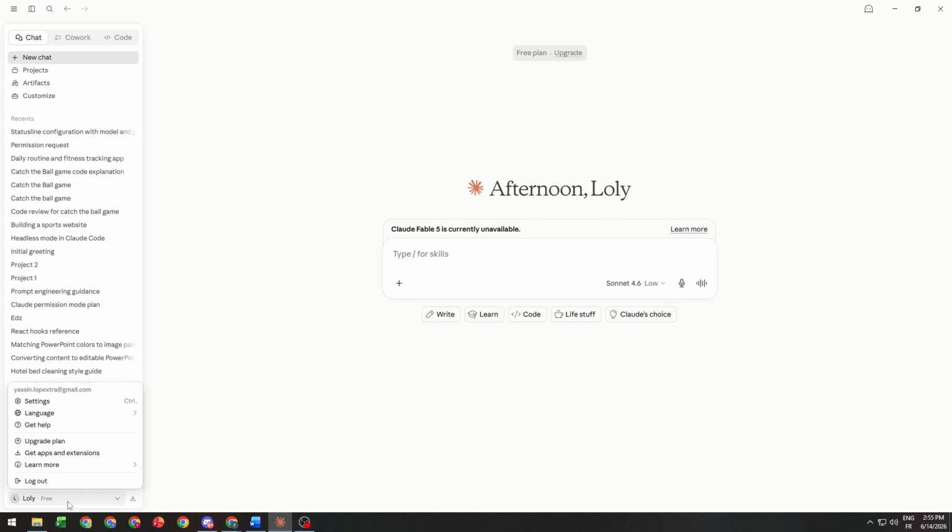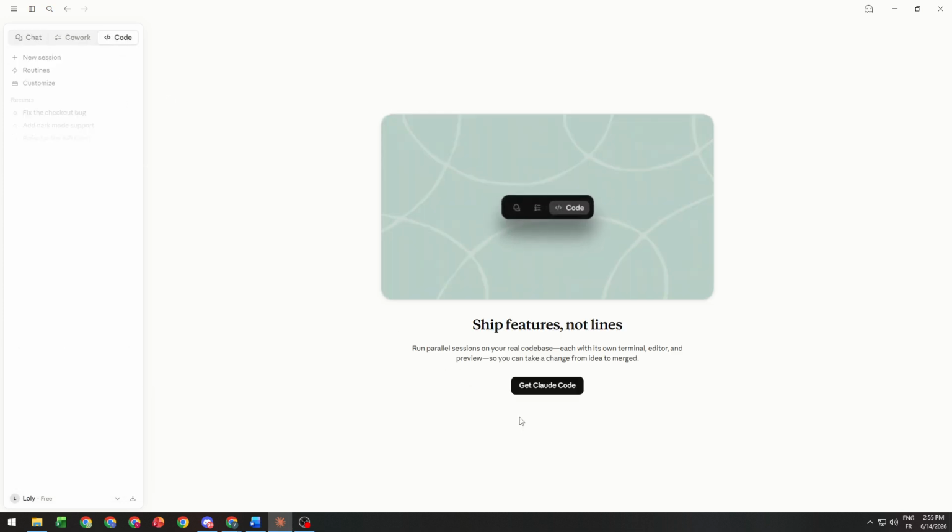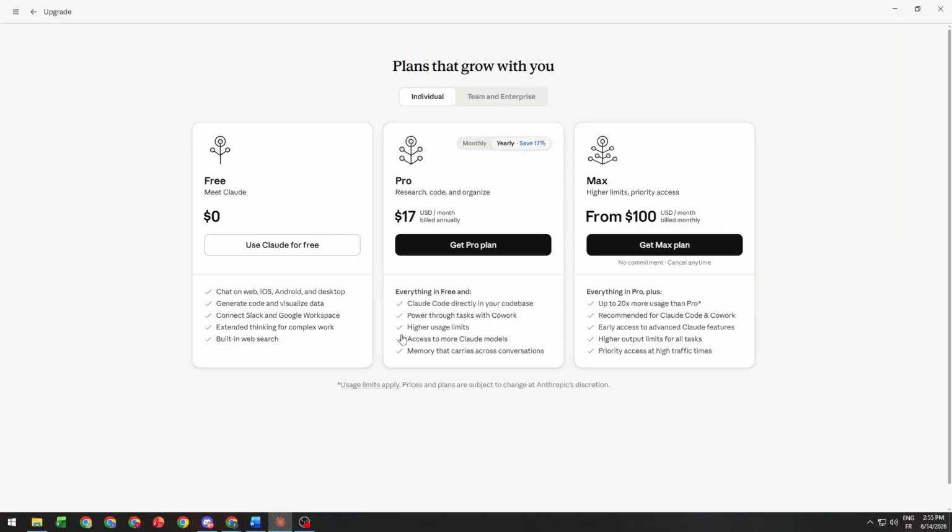First of all, go to your account right here and click on upgrade the plan. Or you can literally just go to your chats. Next to it, you will find Cowork and Code. Simply just click on one of them and click on get Claude Code, and then you will be on this page. Choose what kind of plan you'd like and basically what type of payment you would like to pay, either